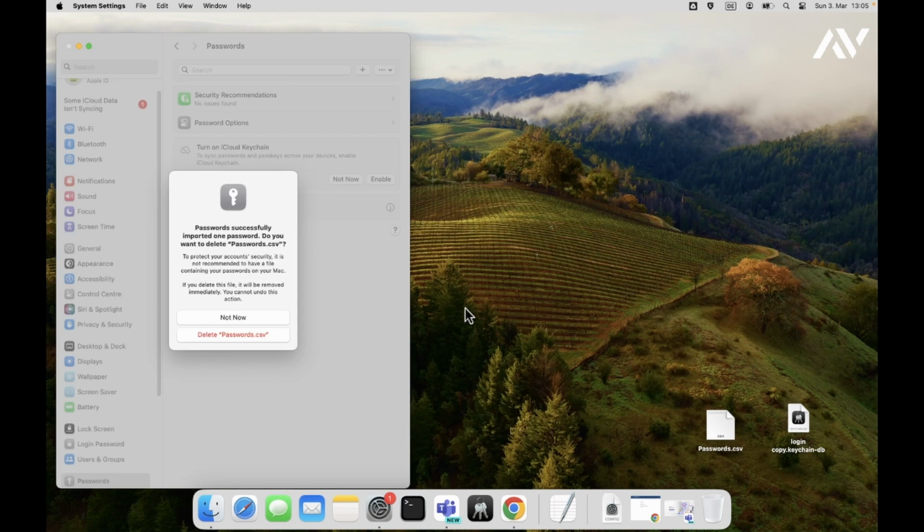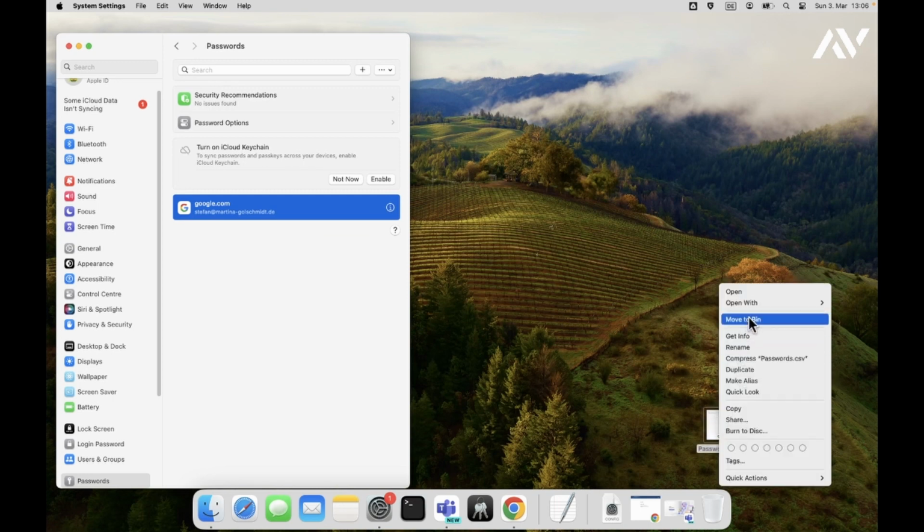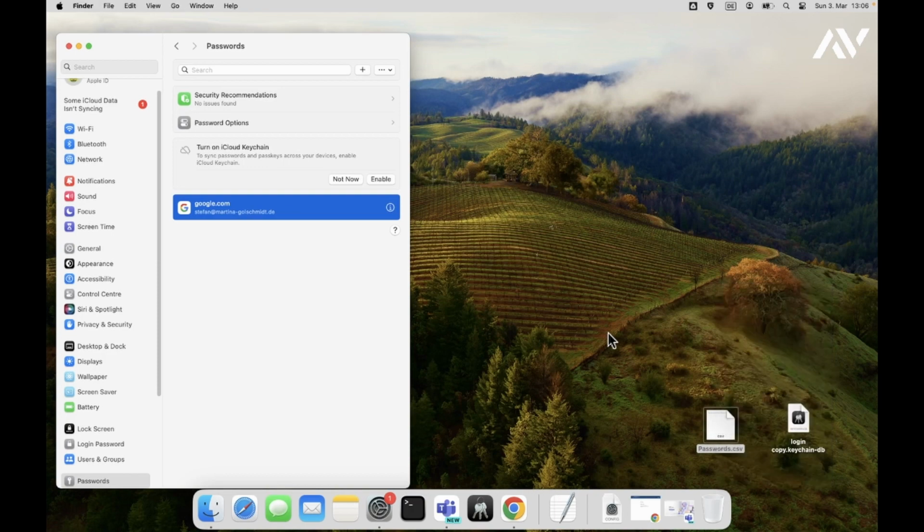You might wait with the deletion of the file until everything is fine. Say not now. Everything looks fine. From now on, your Chrome or your Safari will show all the cached credentials for all the websites and accounts that you use. It will work again. If everything is fine, don't forget to move this file to trash, because that's a huge security hole. And enjoy using Teams,